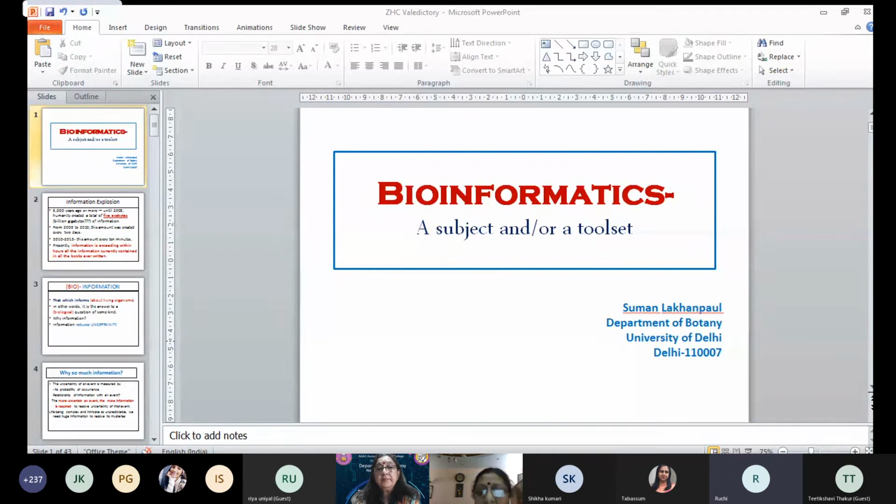So when I say information, which is an integral part of the subject you have been deliberating in the last 7 days, what is information? Simply said, information is that which informs, or in other words, it's an answer to some kind of a question. So when it comes to bioinformation, it's essentially information about living organisms, or in other words, it's an answer to a biological question of some kind.